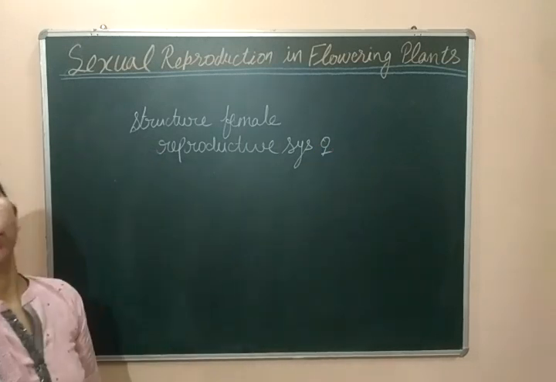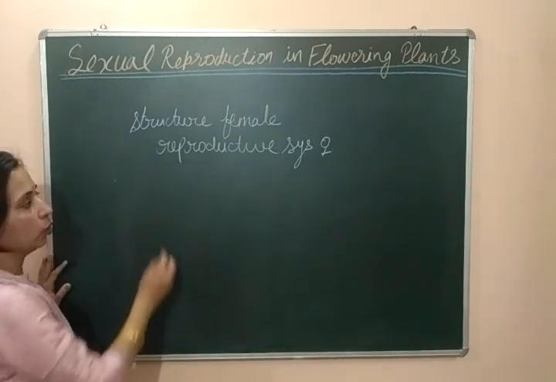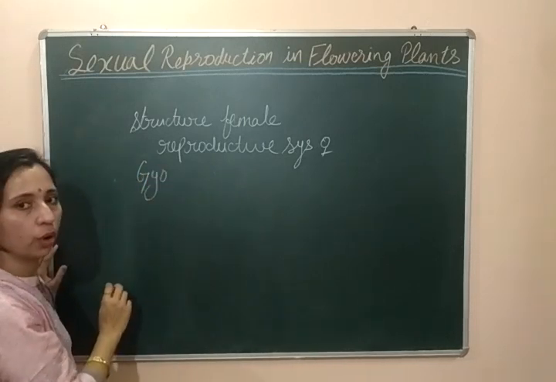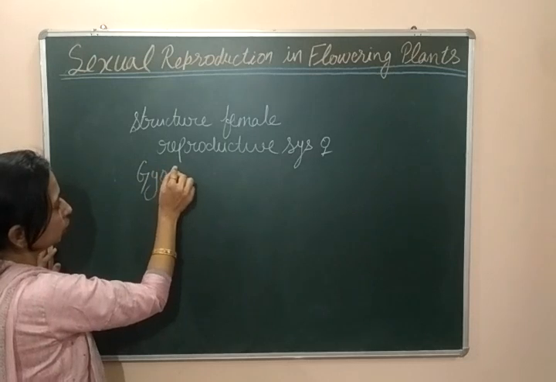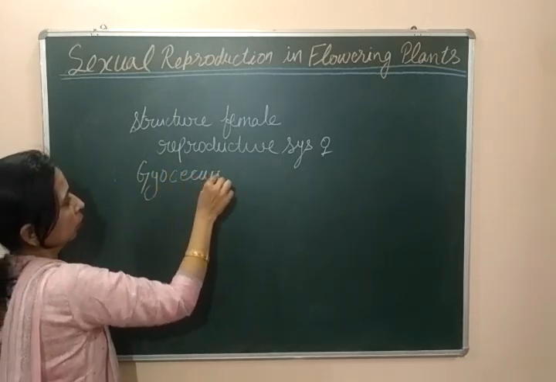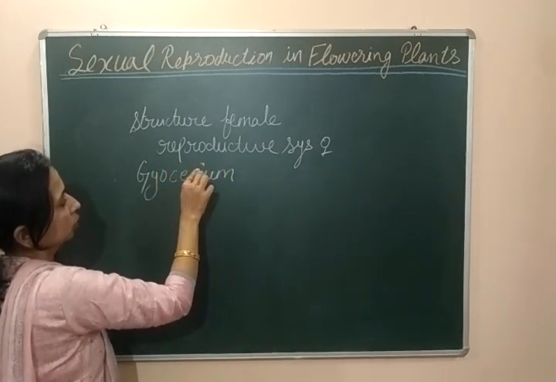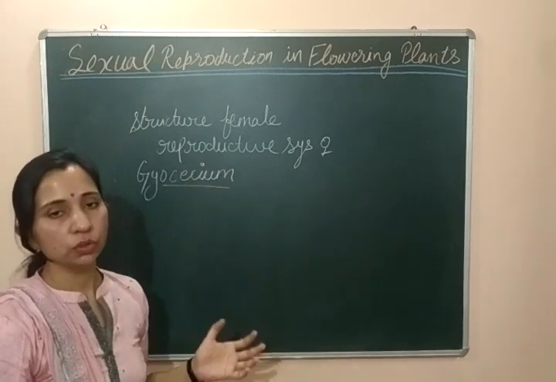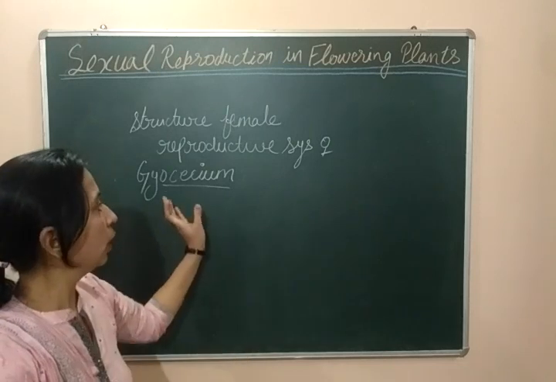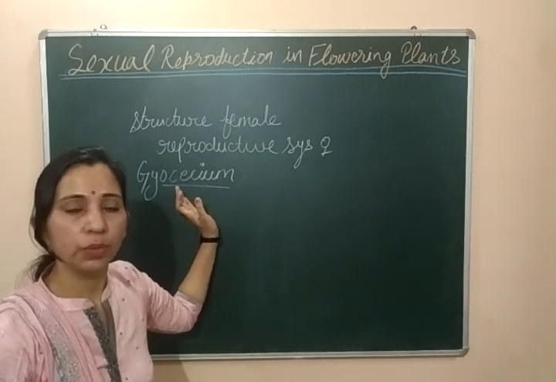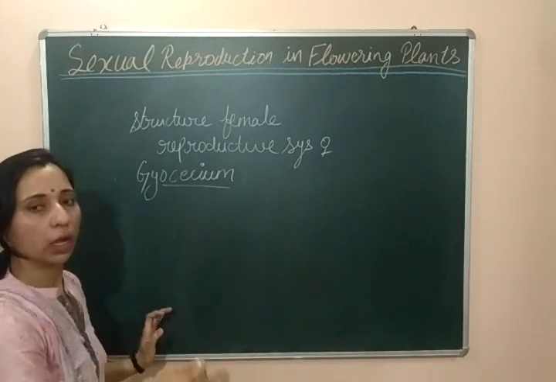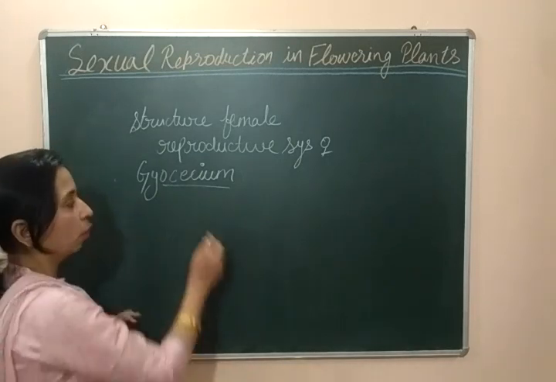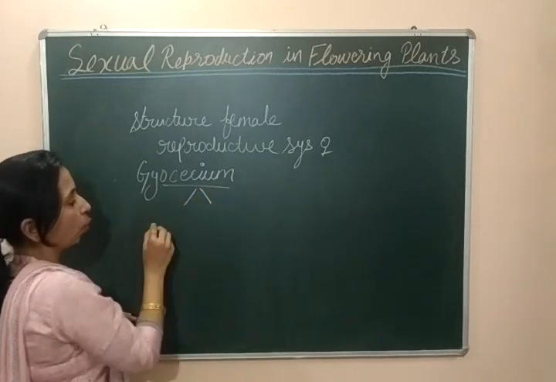Female reproductive system of flowers is known as gynoecium. In the previous video, we discussed that the female reproductive system of flower is known as gynoecium. This word is used for a complete whole, meaning it can be of one pistil or it can be of many pistils. If the gynoecium is made up of one pistil,